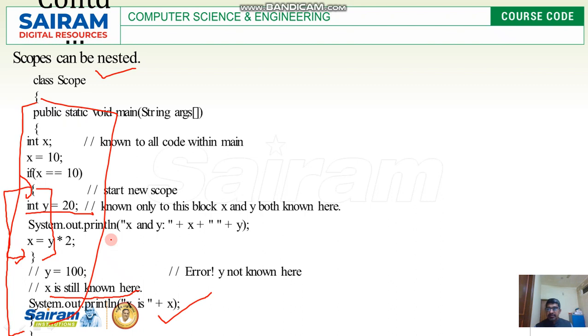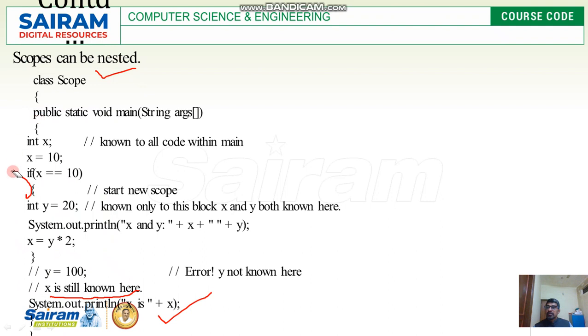So this is the scope. Whenever you create opening and closing curly braces, you are going to create a new scope.